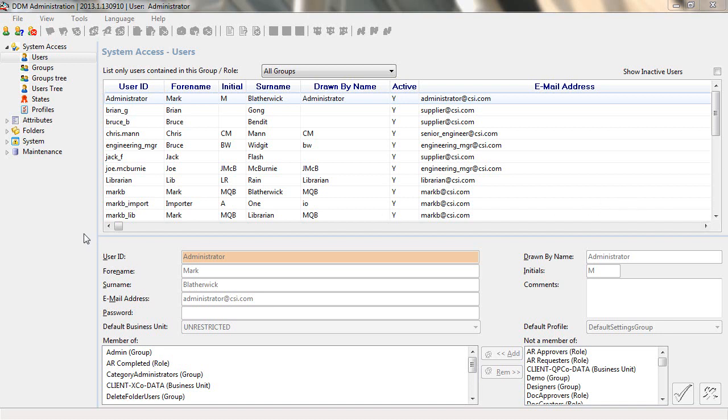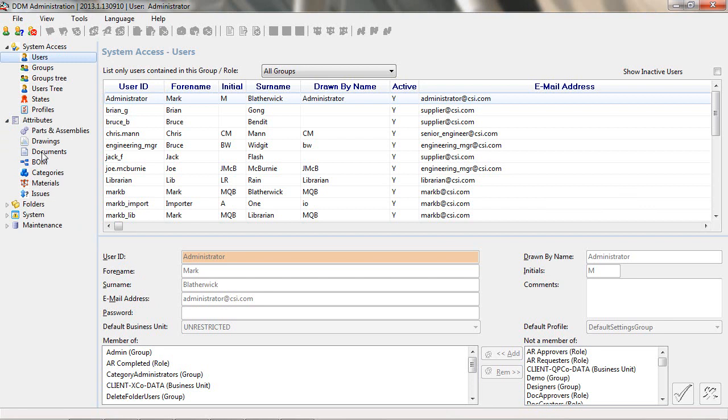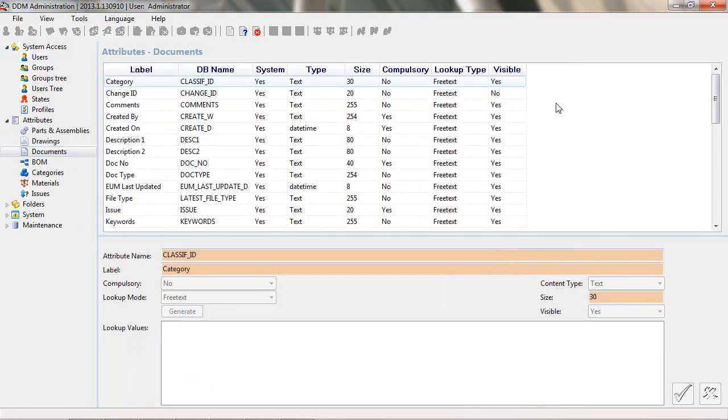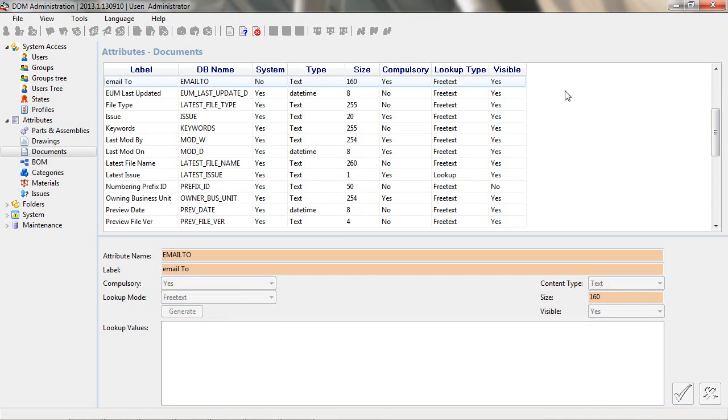So first of all, we're going to add our attributes. Emails are documents, so we come to the documents class and we're going to add a new attribute called email2. The label is email2. We're going to make it compulsory. And visible. So we add one more,